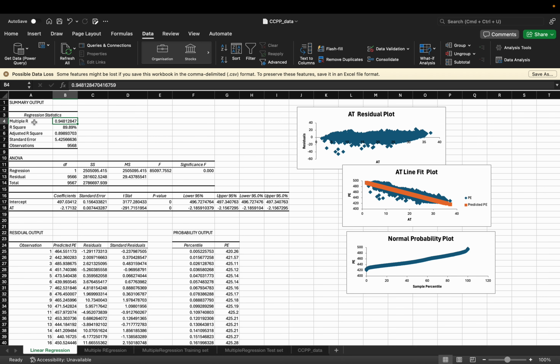So here to evaluate performance, we can see the multiple R is the value that gives the relationship between the X and Y axis. It ranges from 0 to 1, with 0 meaning no linear relationship, while 1 is a perfect linear relationship, and we have got a score of 0.94, which is a good fit. And R square